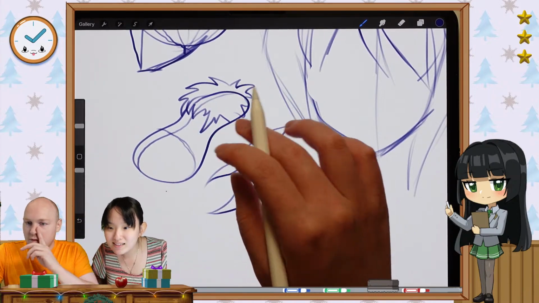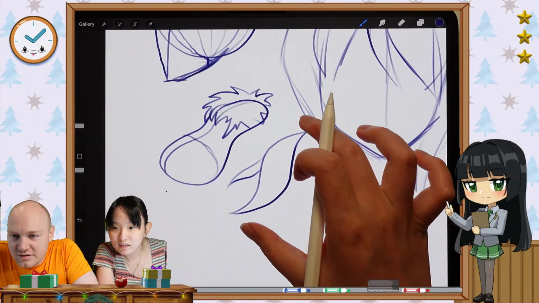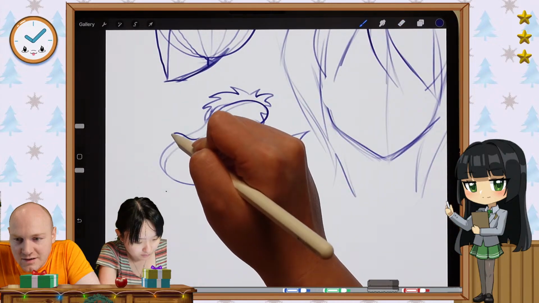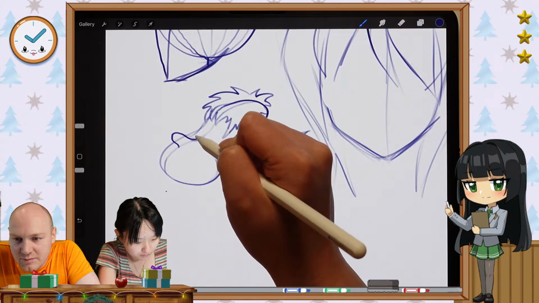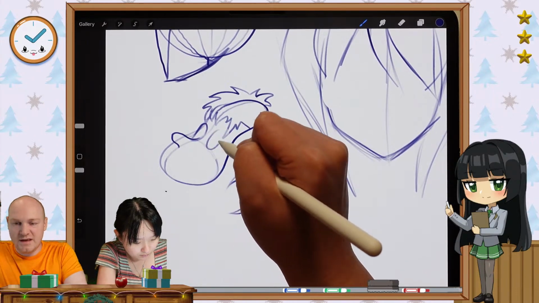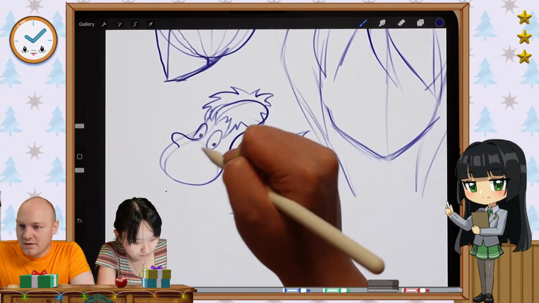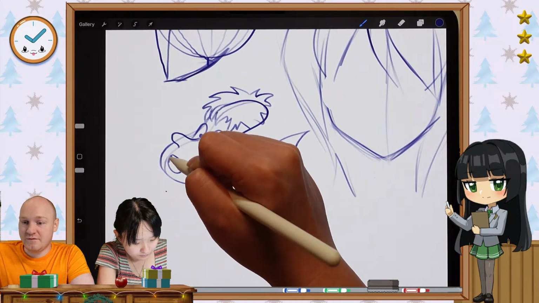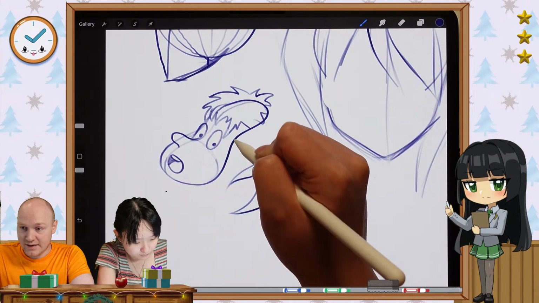Hey, Mads. I have a question as well. Hello, Witch Senpai. Lately, it feels like my proportions body-wise feel kind of weird despite having drawn a lot of people recently. I'm not sure if it's art block or not. What do you suggest? Just keep going with it. It takes time to get better. It takes a lot of time. Don't worry too much about how things turn out. Just keep pushing forward and try to enjoy the process of drawing.